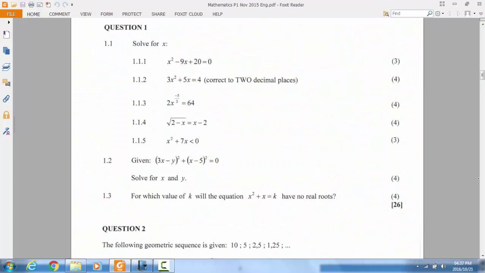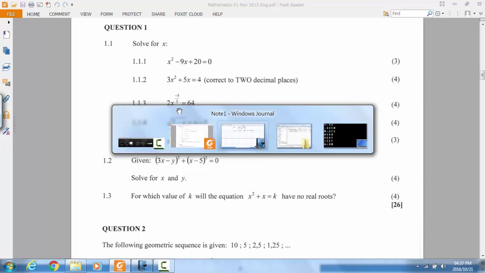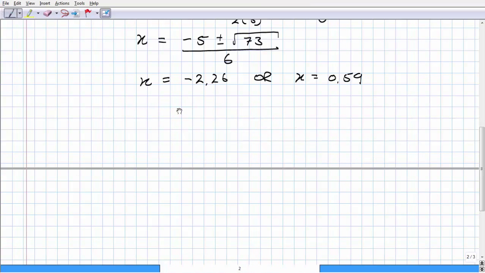So we look at 1.3 and we see we've got a 2x negative 5 over 3, and that equals 64. So let me just write that down. 1.3, we have 2x negative 5 over 3 equals 64. Now just as a side note, specifically focusing on that,